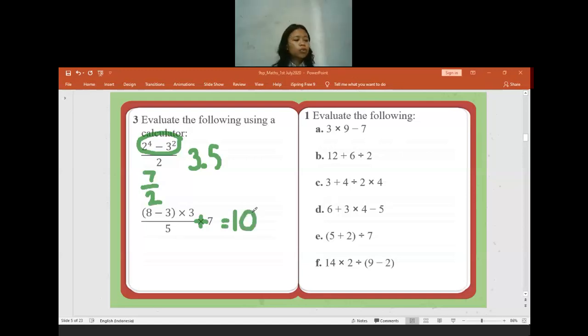Now I will continue to student assessment 3. We have to calculate again how many it will be. A is 20. Okay. For question 1B, how many will it be? 15 or 16? 15. Okay, 15. For question 1C, how many will it be? 11. Okay. For question 1D, how many will it be? 13. Okay.